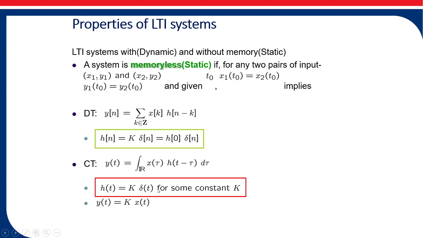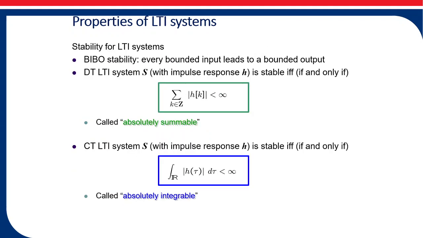If h of n is k into delta of n or h of t is k into delta of t, then and only then the system will be static or memoryless, or otherwise the system will be dynamic with memory. Then the third property which we can find out only by observation from h of n or h of t is